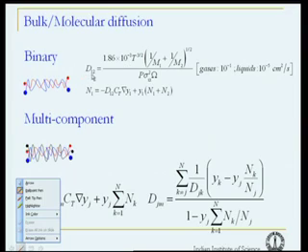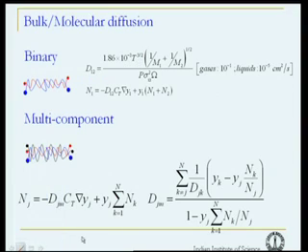So, my diffusion coefficient D12 depends on temperature, molecular weight of the two species, and distance between the two species or their molecular diameter, and so on. For example, for gases, the diffusion coefficients are of the order of 10 raised to minus 1 centimeter square